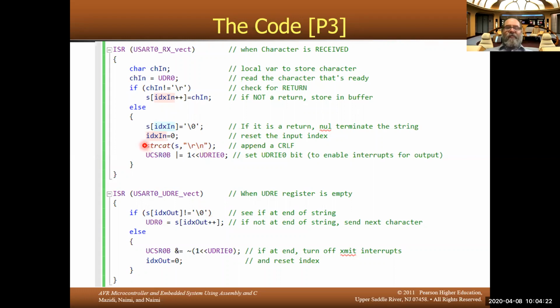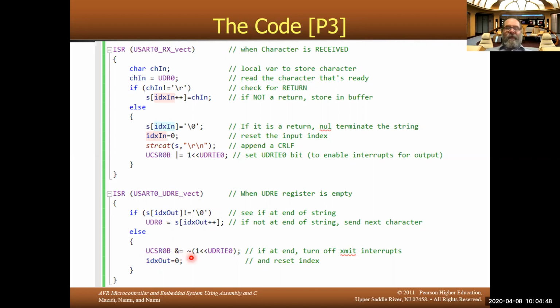String cat is going to look for a null at the end of the string, remove that null, replace it with whatever's here, and then put a null at the end of it. So this null right here is going to be short-lived. It will be replaced by a return, new line on the next byte, and then string cat will put a null here as well. So I will have output a carriage return line feed, then I see a null,